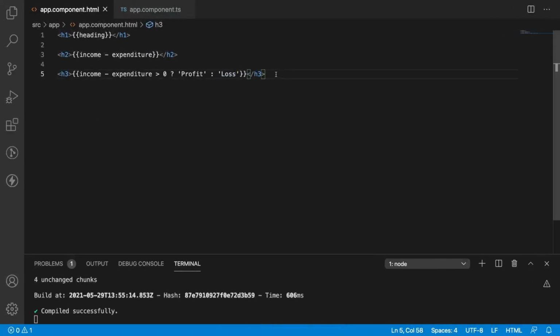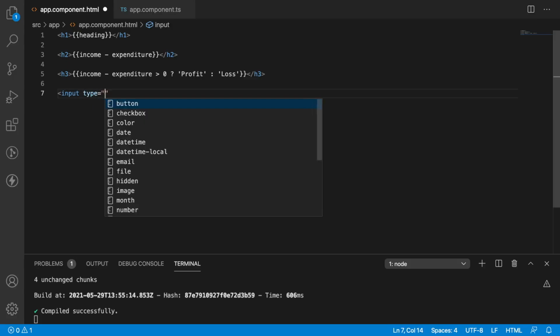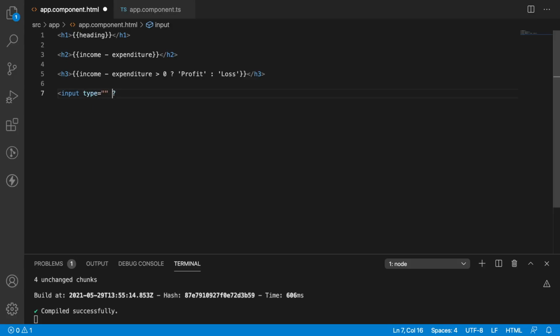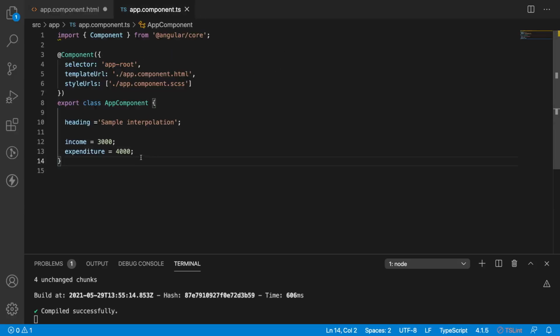And not only arithmetic operators, not only ternary operators, we can even use this interpolation inside the DOM properties. For example, I have an input element, and let me create something like type equal to some value. That value I am expecting to come from my TS file.